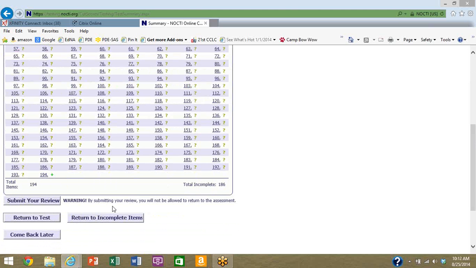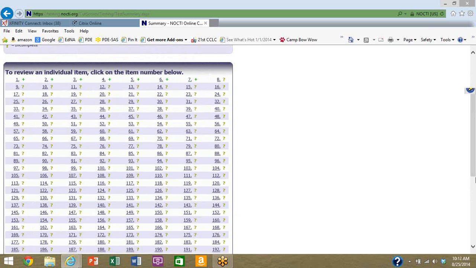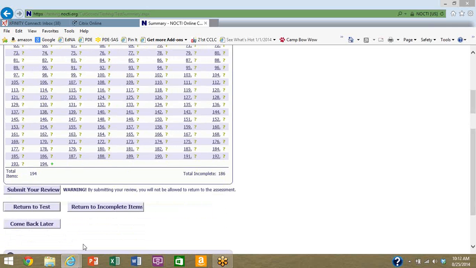If you submit the review now, as it says here, warning, you'll not be allowed to return to this assessment. You still have a lot of work to do to make ratings, to review 186 more questions. If you submit now, you will get it incomplete because the task was not completed. Every single question must be rated. I am going to return to my incomplete items,